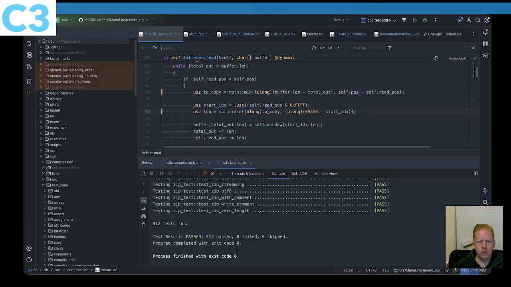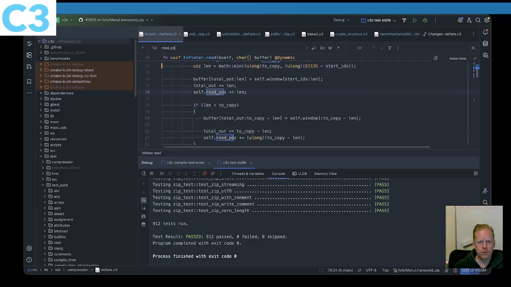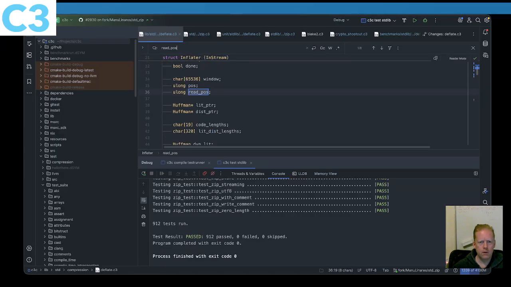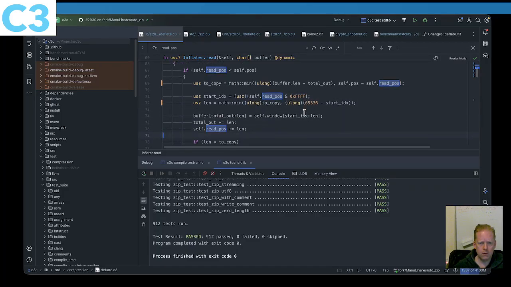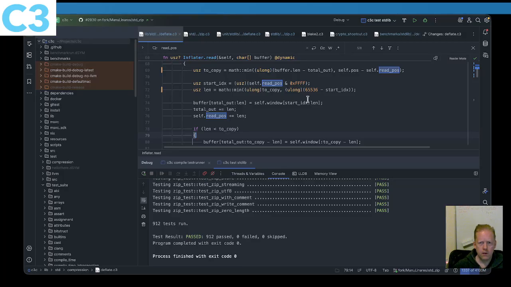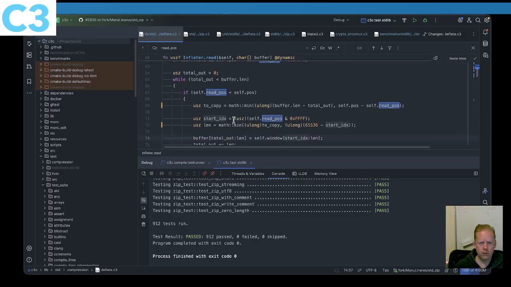Read pause. Why is this one a u long, right? It's 64-bit. Okay, so then we take this small thing of it. Why do we widen it? Do we use it somewhere else? It's here, yes, but you can always widen it. So shouldn't that be u long? Right? And then